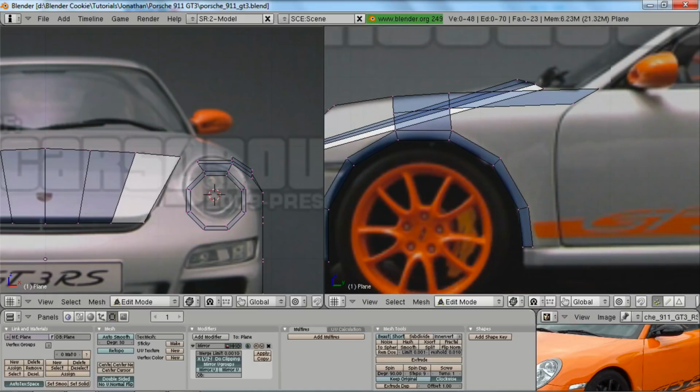Okay. Now, let's go ahead and just fill in this space. So we're just going to take these 3 vertices, and we're just going to extrude them straight back along the y-axis, and then let's scale to 0 along the y by hitting S, Y, and 0. And we'll pull it right in,